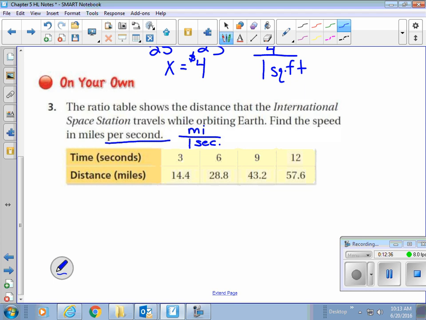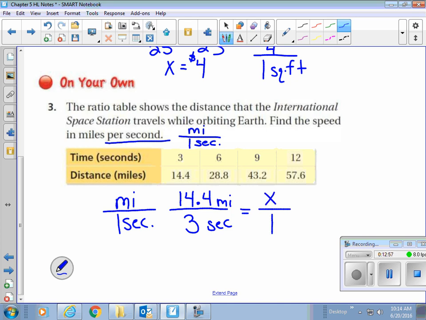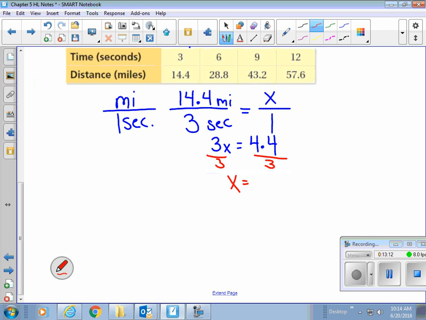So since we're doing speed in miles per second, we're thinking of miles over 1 second. So you can pick any of your miles from your table. I'll go with the first one, 14 4/10 miles in 3 seconds. If you want to set it up as a proportion, that's fine. 3 times x is 3x. 4 4/10 times 1 is 4 4/10. Solving for x by dividing both sides by 3 will leave you with x equal to